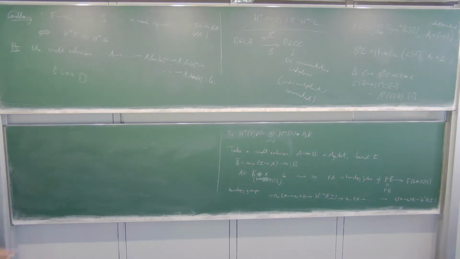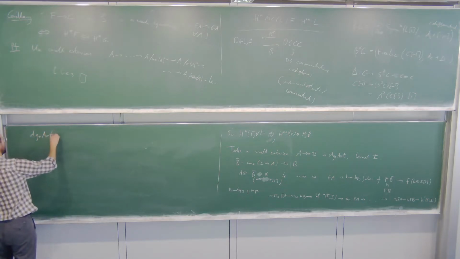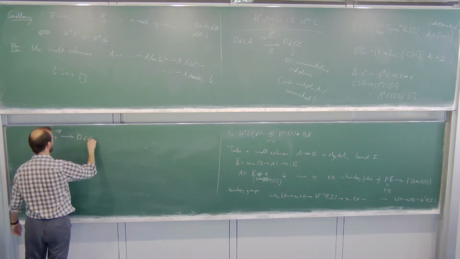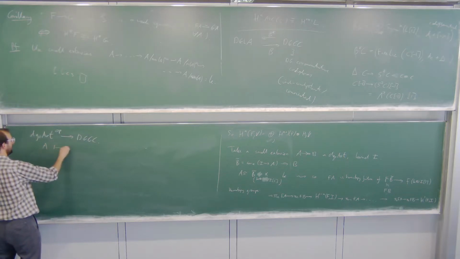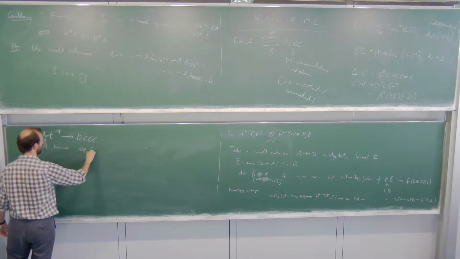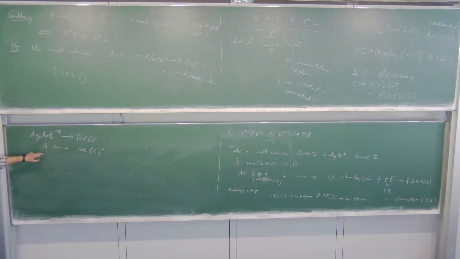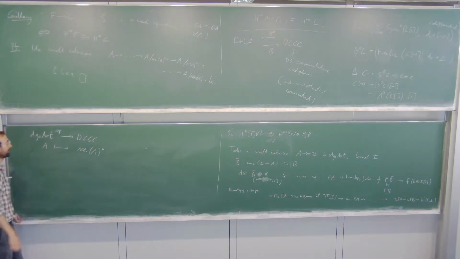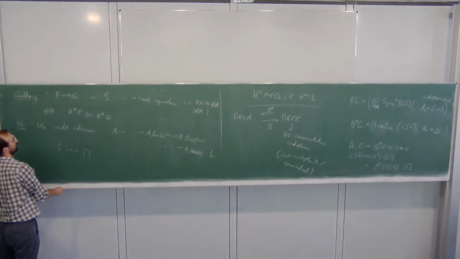So put a functor from DGA, the whole thing, not just the sum of, to DGCC, where you just set A to the dual of its maximal ideal. And then the multiplication here gives us a comultiplication there. And so then